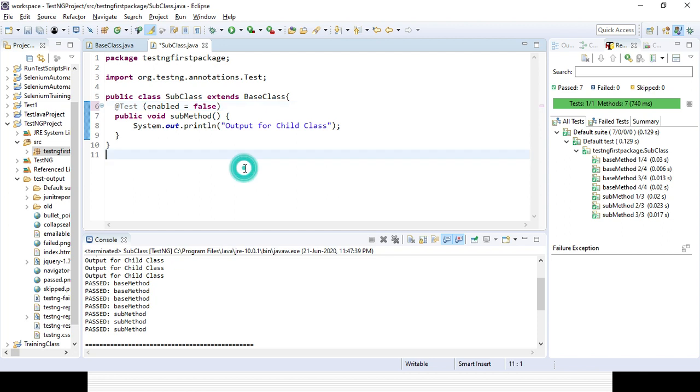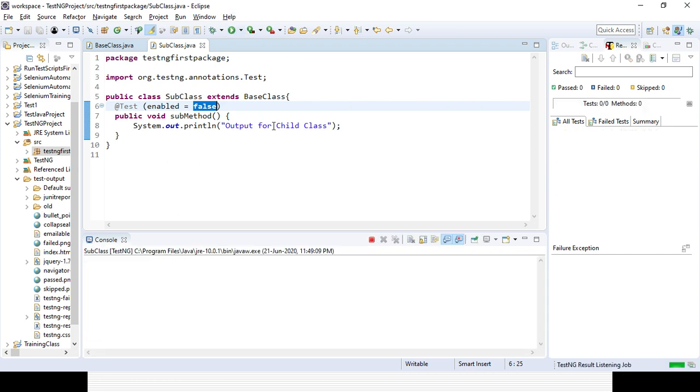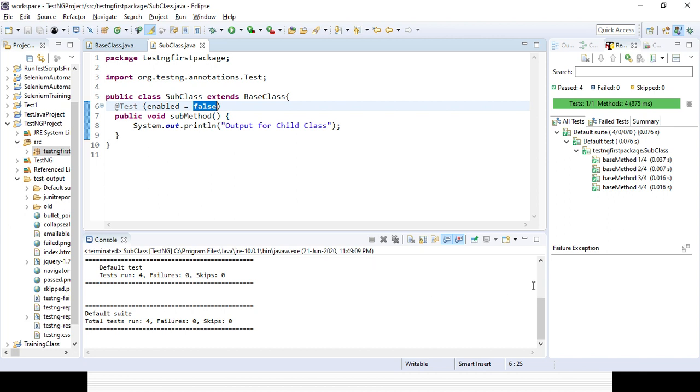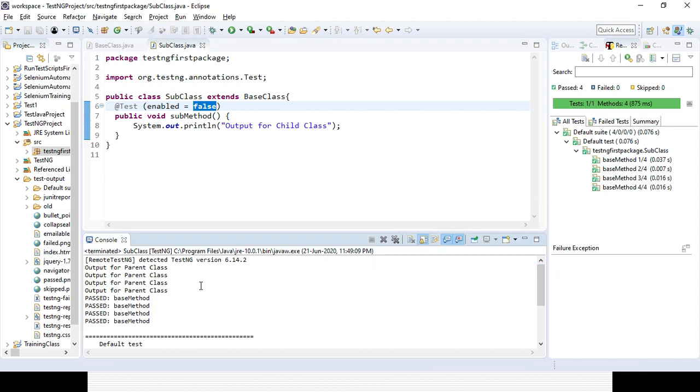Enable equal to false, right? So if you change it to enable equal to false, let's see, you can see that methods will not be executed for the child class or subclass, only the method for the base class will be executed, right? You can see the base class method is executing, right?